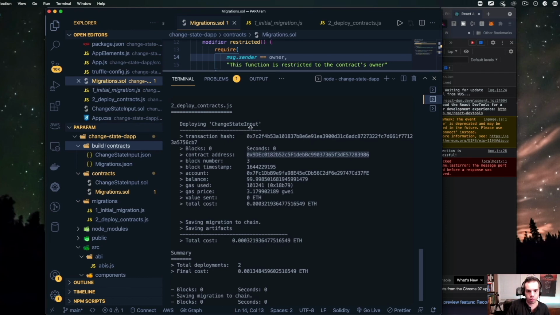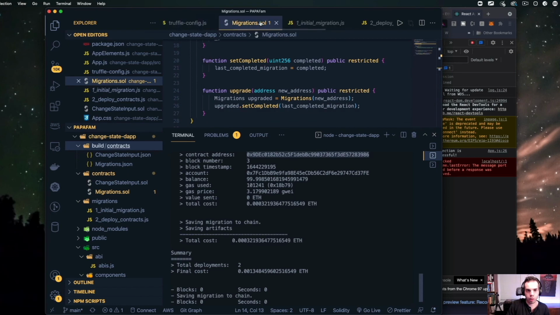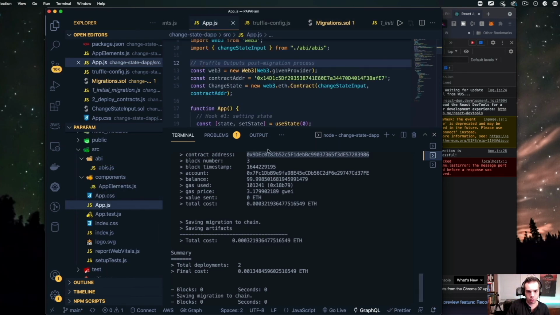If you remember from before, we're going to want to put that in our app.js file. So in the app.js file, we're going to drop this in there. We're going to copy and paste, replace that, and that's what the contract address is. We're going to need this when we change the state. Basically, think of this as like a public API key.